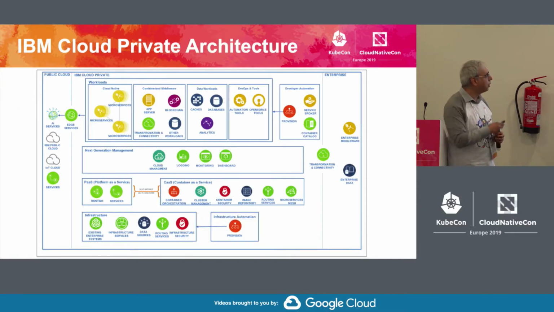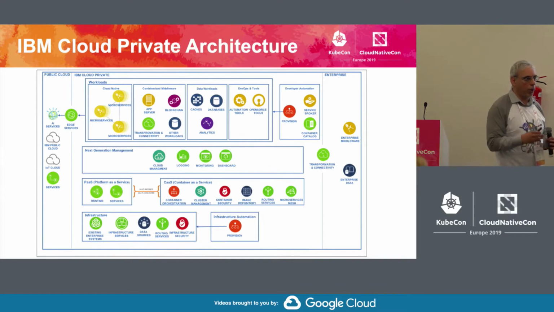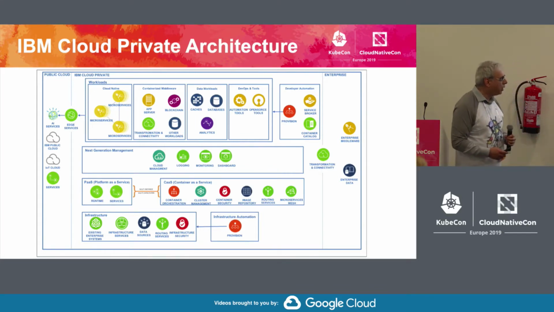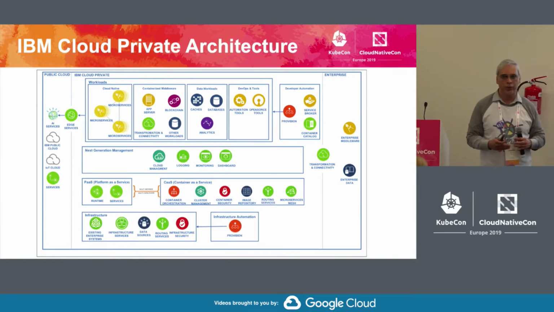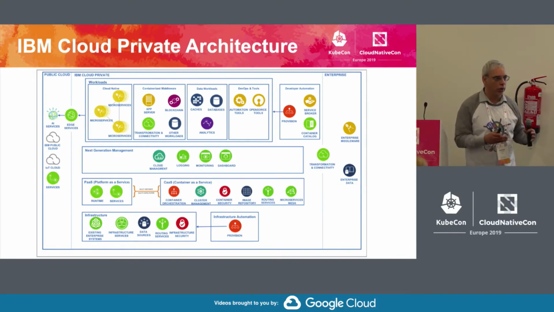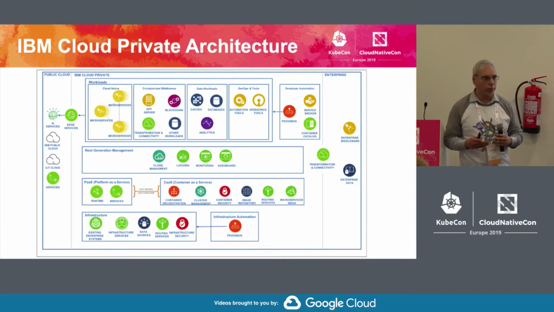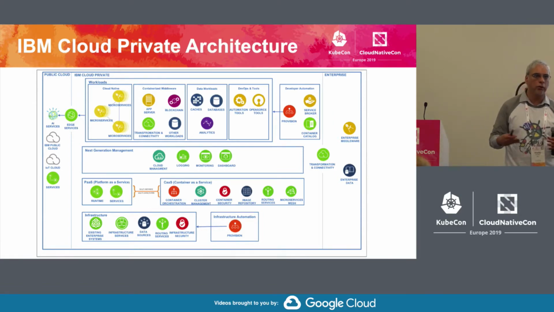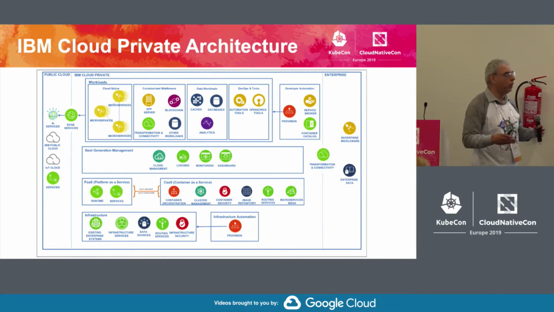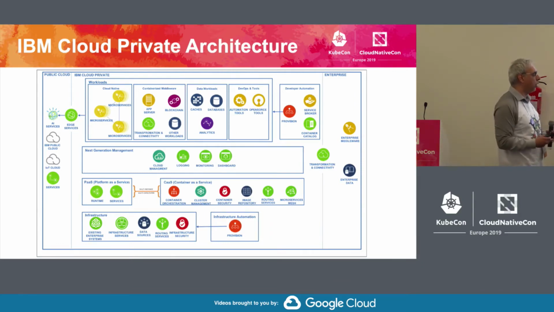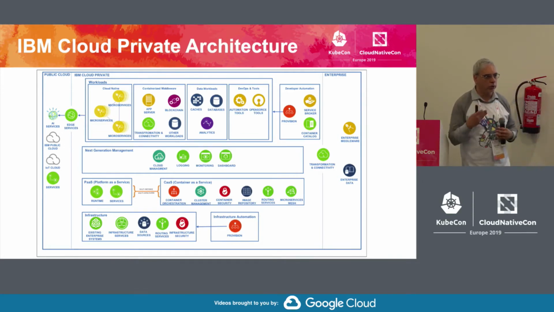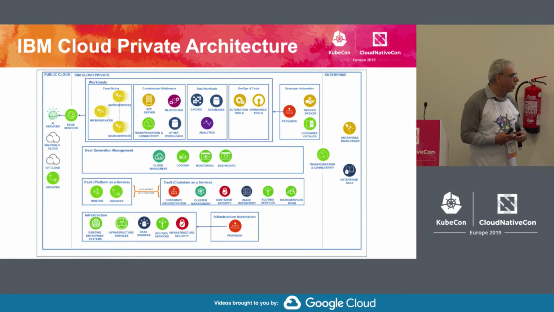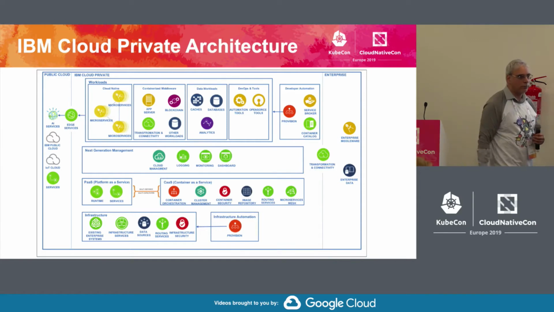Okay. Just a little bit of a deeper dive into the architecture of the private cloud solution. So, from the infrastructure point of view, we support all the different types of infrastructure, including Power, Z, as well as x86, and various storage options that the community supports. We automate that deployment. We provide a Terraform-based deployment automation tool for the infrastructure management. And then we support all the container management capabilities, including the image registry and the service mesh and so on. Okay. About Terraform provider,